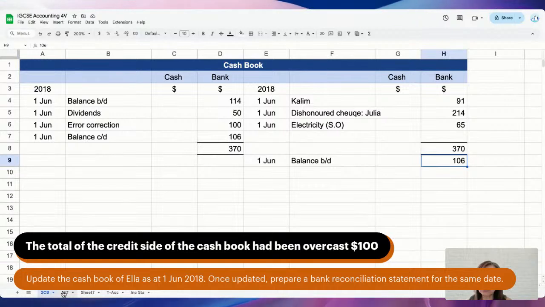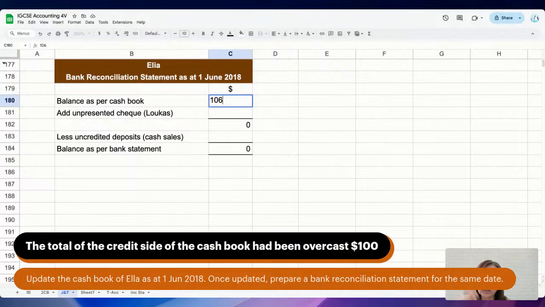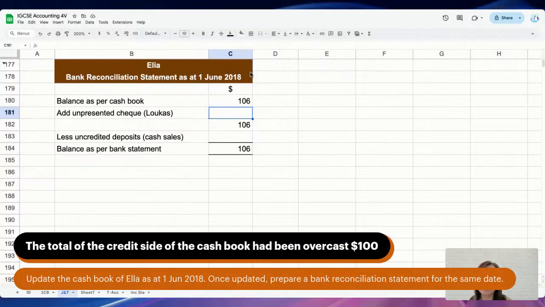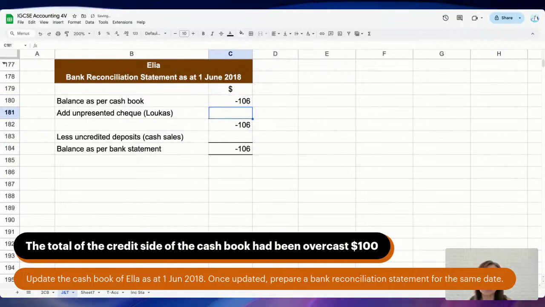So we put the 106 here. But we don't forget, this is a negative amount, remember, it's on the credit side, so we need to put 106 for the credit side. And then we need to add